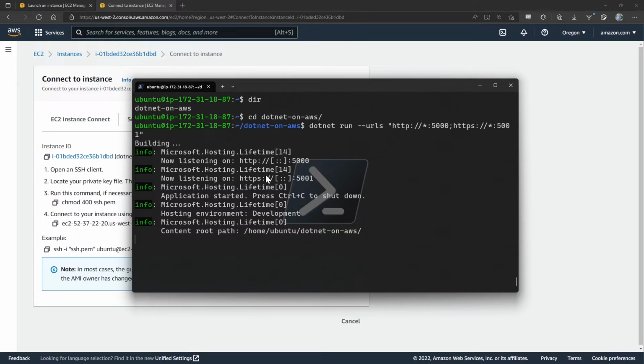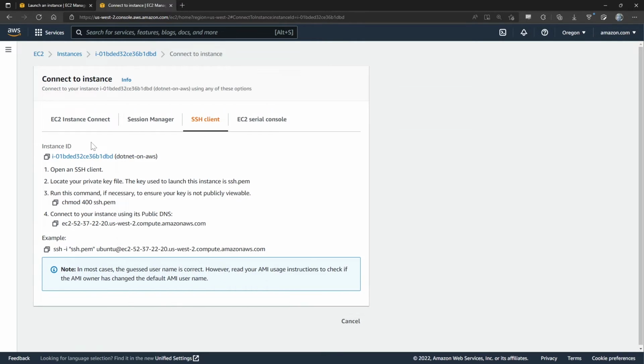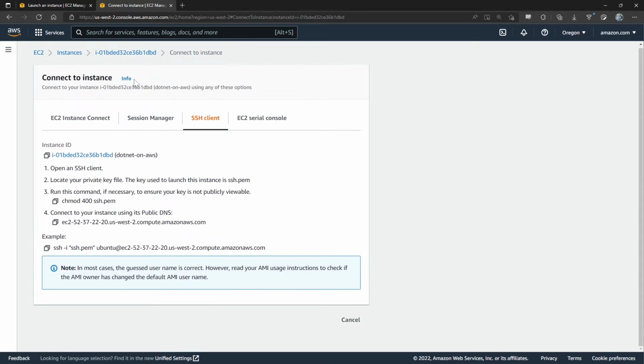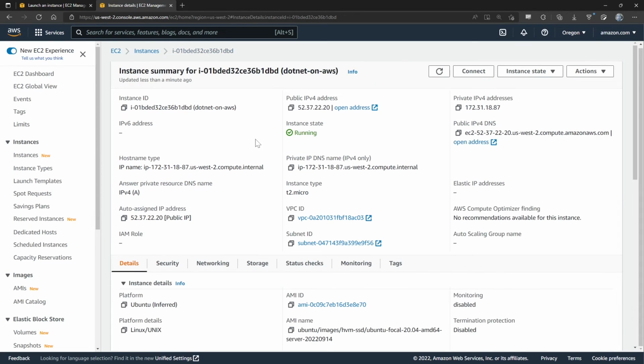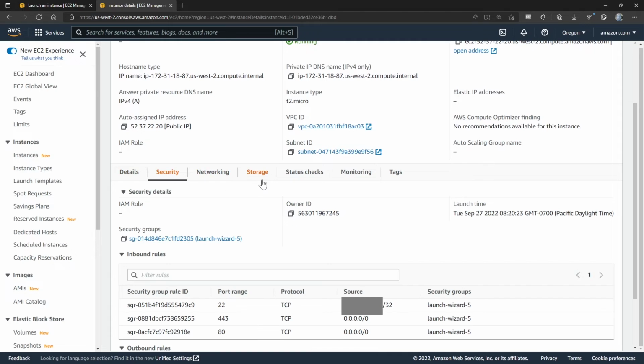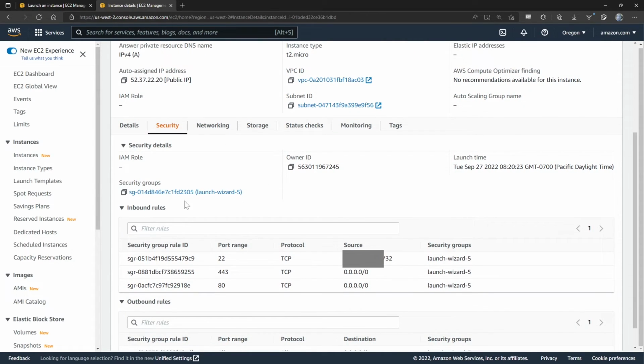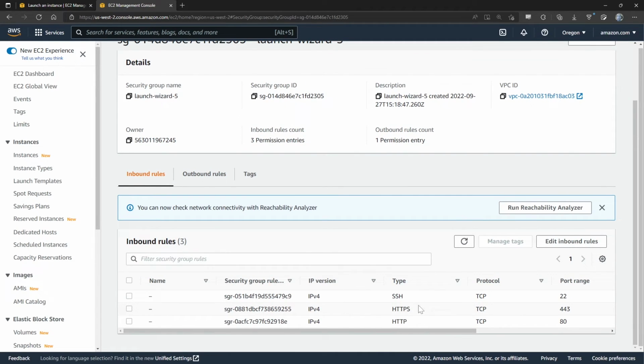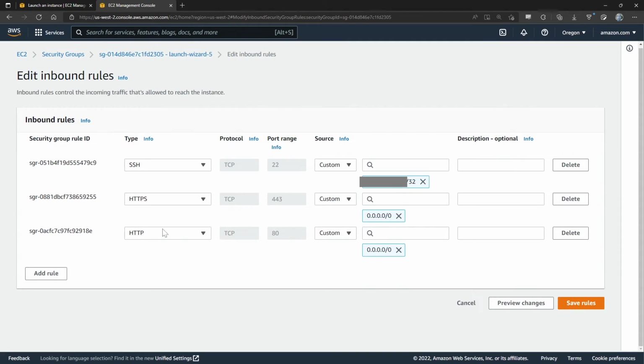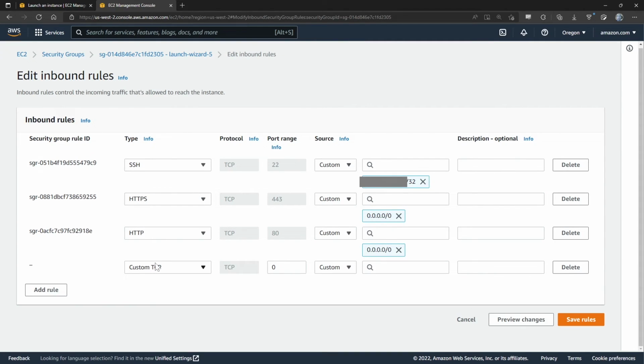But instead, what I want to do is access this via the internet. So let's go back to the EC2 console, and then I'm going to look at our instance. If I scroll down to the security tab, I'm going to open up that 5001 port. I can do that here by clicking on the security group. Then if you scroll down to inbound rules, you'll see where we have some inbound rules. I can edit them, and I can create a new custom rule,